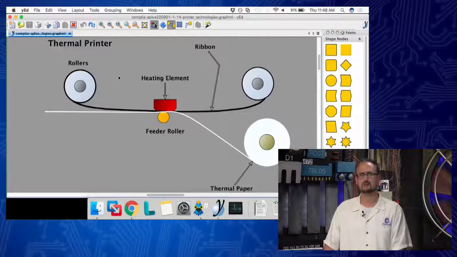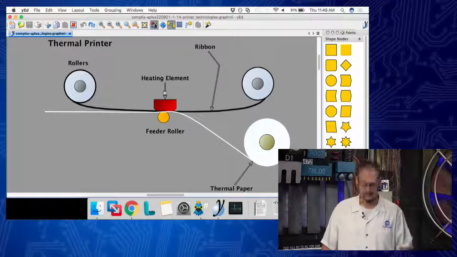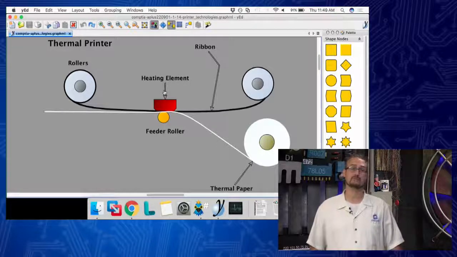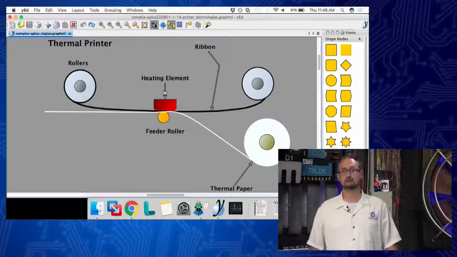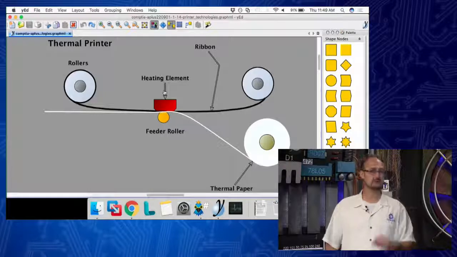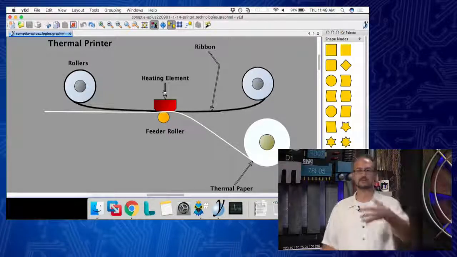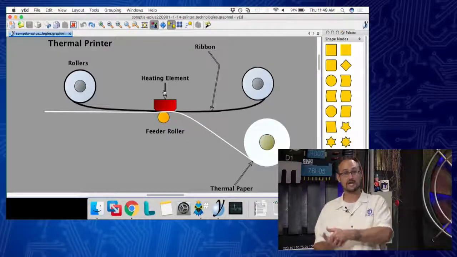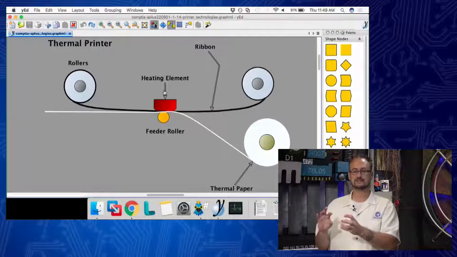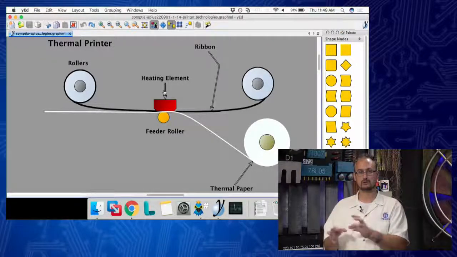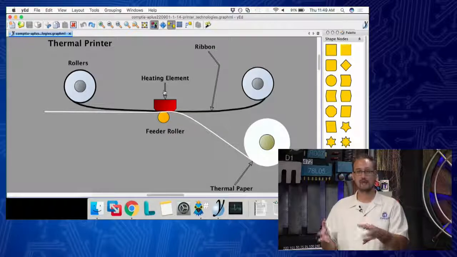Here's one thing that I haven't mentioned yet. Let's look at a little diagram I have, because we haven't mentioned the thermal printer. The thermal printer has a heating element, and there are what are called direct thermal printers. You probably say, I've never seen a direct thermal printer. Yes, you have. Anytime you've gotten a receipt, that is a direct thermal printer. Pay at the pump, they print a receipt out. That is a direct thermal printer because it has a series of heating elements that make striking contact with the paper. And since the paper itself is thermally sensitive to heat, it changes the color